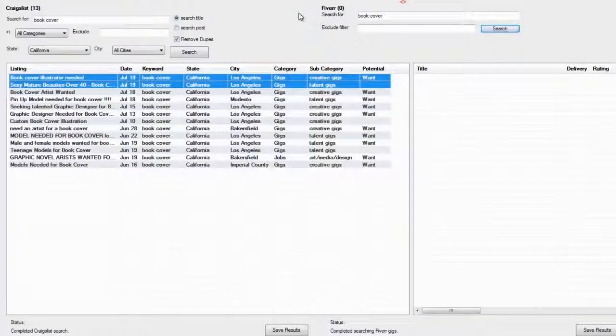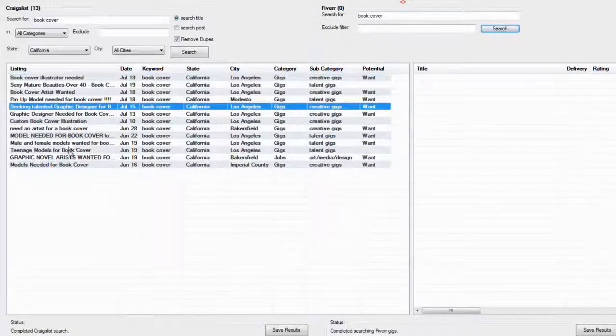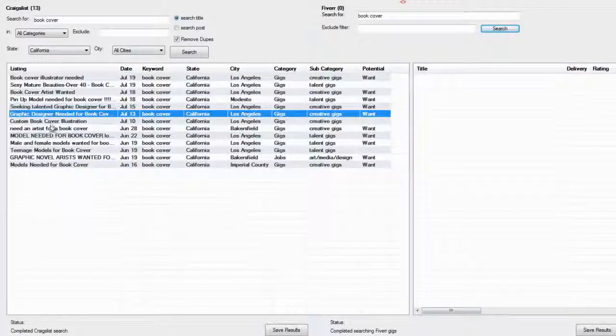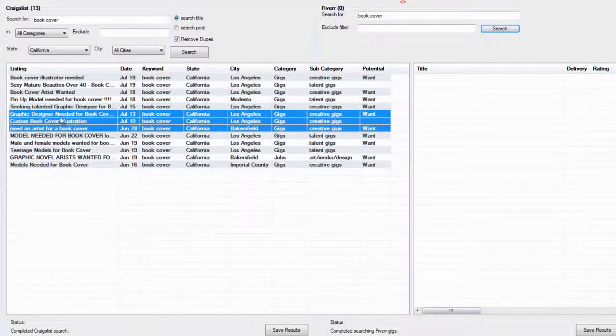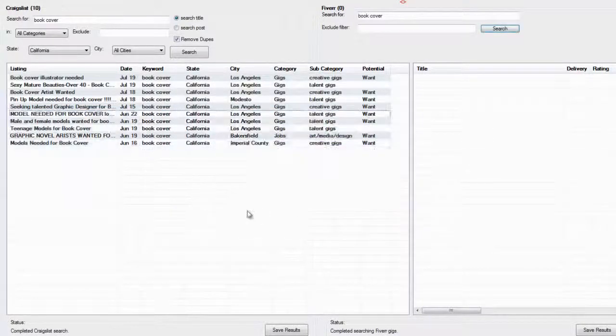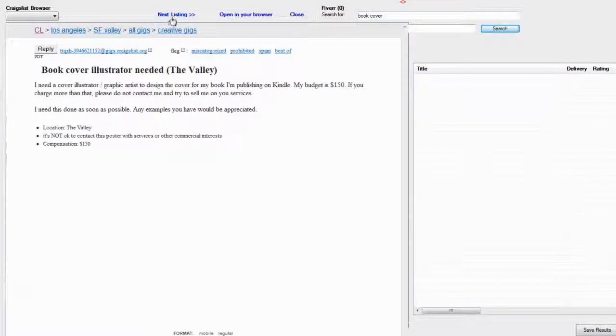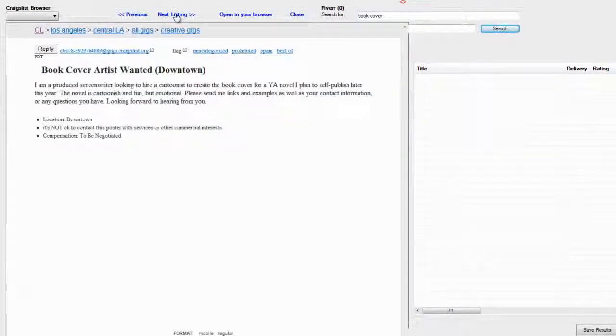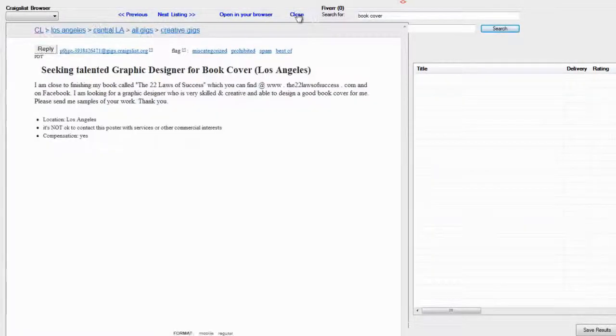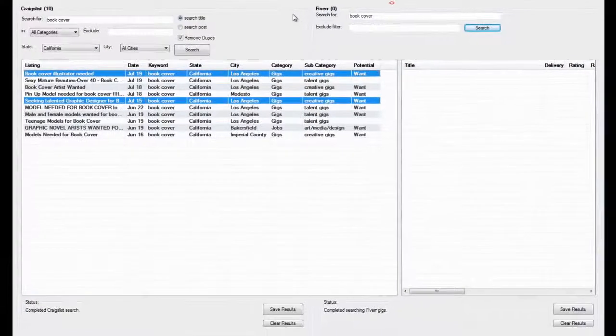Let's see, close it, and if you wanted to browse, there's other really cool functions. Let's say that you pick out a bunch of them that you want to browse, but certain ones you don't want to browse. Just select them, right click them, delete them from the search, and then click on this one, go to the next one, and now you can browse through all of them. You're only going through the ones that you want to view.